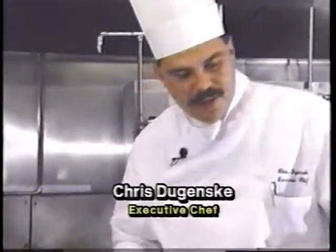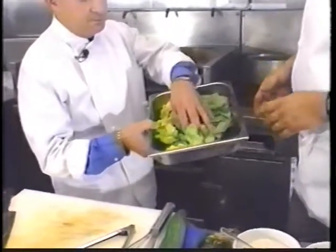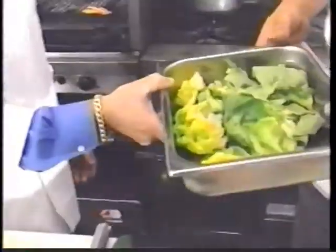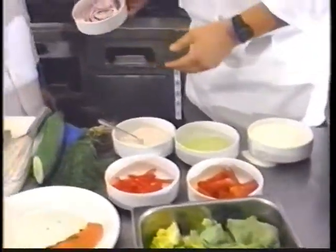Well, we're going to try something a little bit lighter, a little bit healthier. We can go that direction. And we're going to make a bib salad. And it's a bib salmon salad. So you can have it, like we said before, with an entree size, or we can make it into an appetizer size as well. So what we have here is a bib lettuce, or you can call it a butter lettuce. And again, very fresh, very fresh, soft, nice tasting lettuce. All right? We also have, and we're going to garnish with red onions,